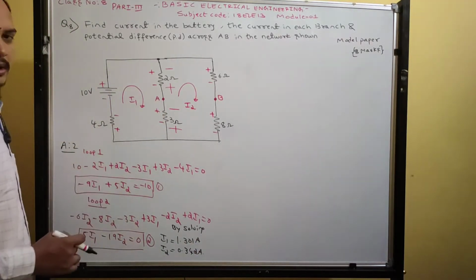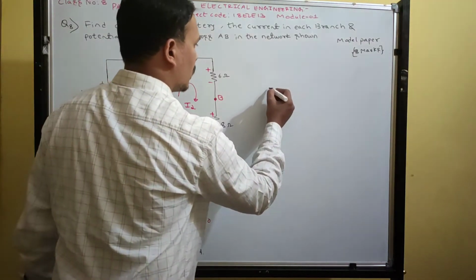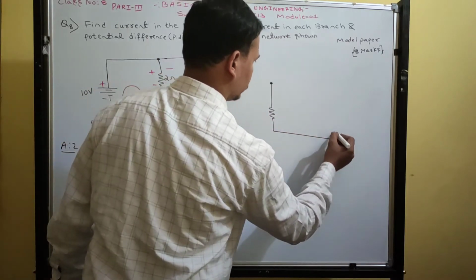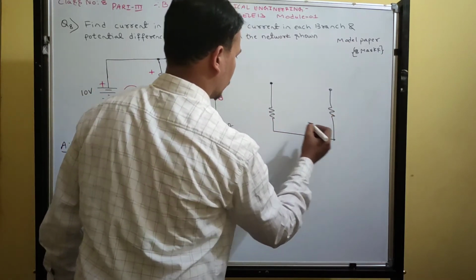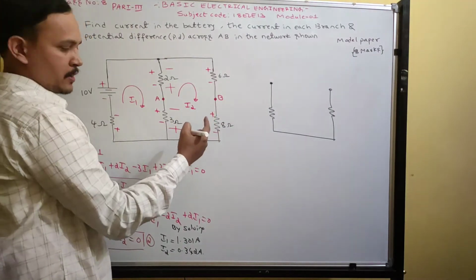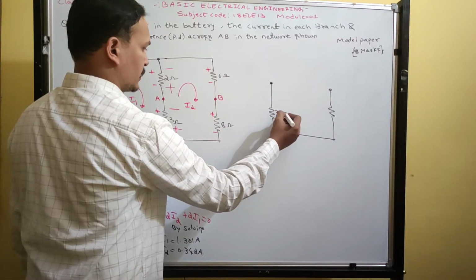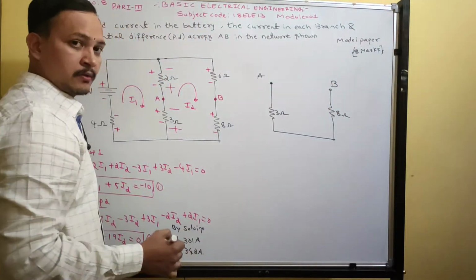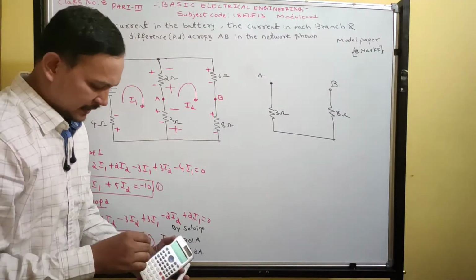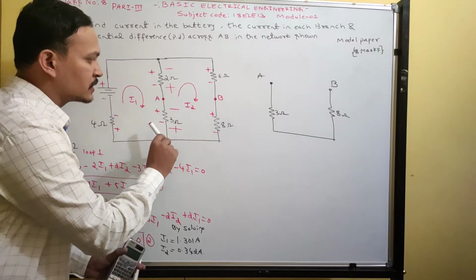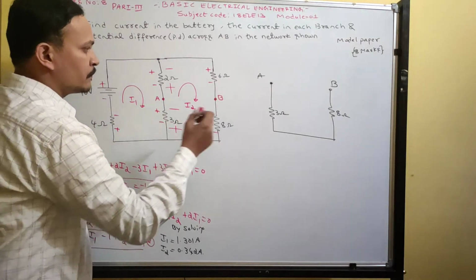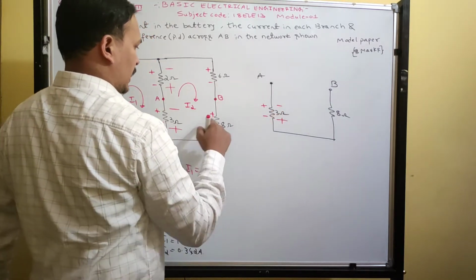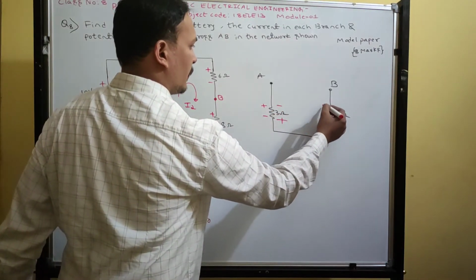Now draw the circuit with A and B. Between A and B, how is it connected? Okay, A and B. I am writing the bottom part. So 3 ohm resistance and this side is 8 ohm. Point A, point B. Very, very important. While writing, whatever polarities are in the original circuit, you write them. For the 3 ohm, we have two polarities, plus minus and plus minus. And for the 8 ohm, we have plus and minus here.